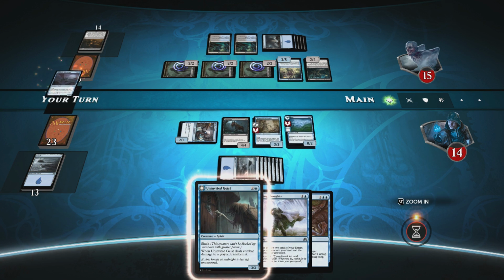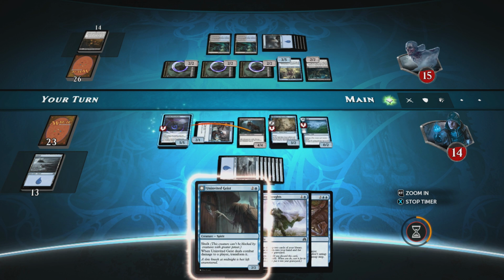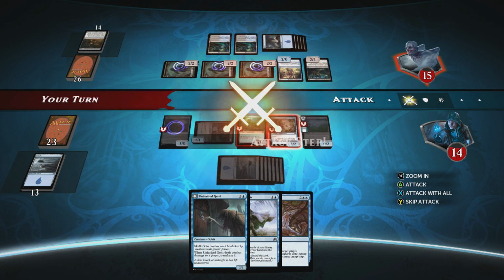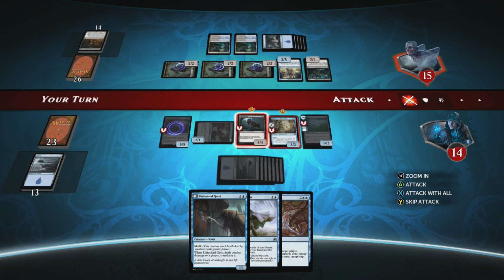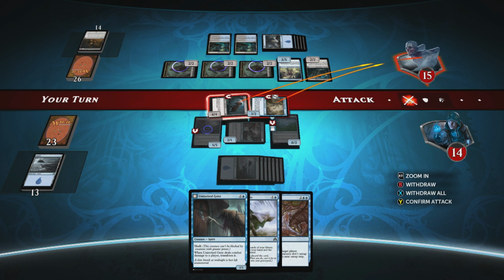And they can't do anything about it. Choose a creature to gain flying. Probably the one that would make the most sense. So now that he's come in, the horse gets to fly this turn, which means that I get to do a pretty stellar amount of damage. I just got to be careful because I do have to have some guys back to block with. I'm still going to have the